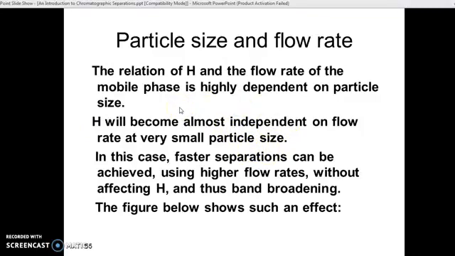But yes, H is dependent on the flow rate, but the flow rate is 100% dependent on the particle size. If the particle size is less, the flow rate goes smoothly, less adsorption happens and it moves somehow faster. But the interaction of the solute and the stationary phase is needed when the particle size is less. Faster separations can be achieved at a higher rate, but it definitely affects the band broadening. So with this point, you have to note that the flow rate is dependent on the particle size. The particle size is not as much dependent on the